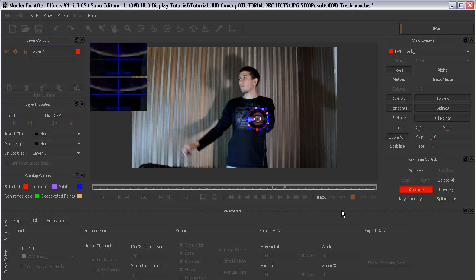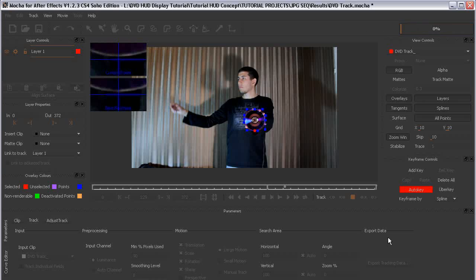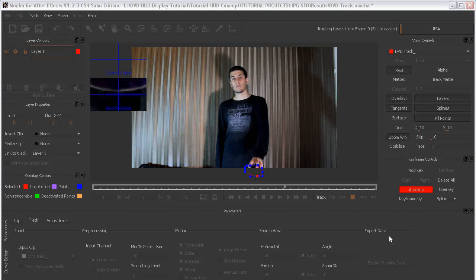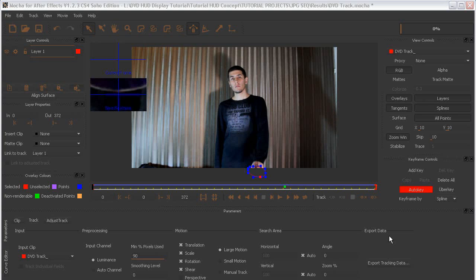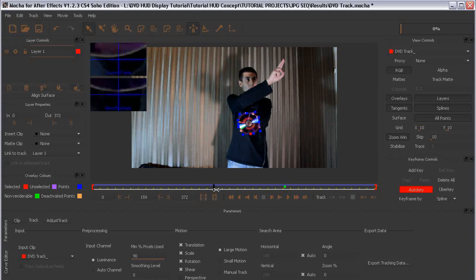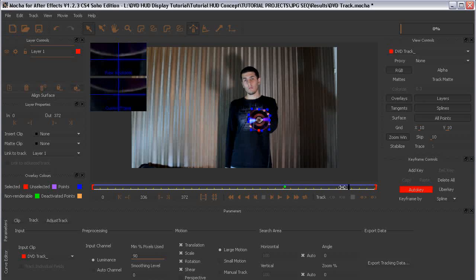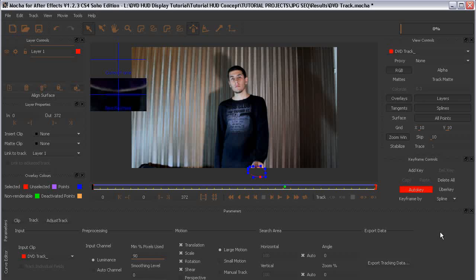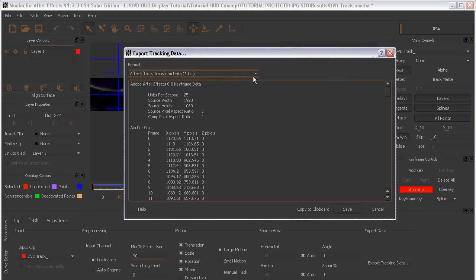So again, I'm going to pause the video because it will take some time to track this, and come back when it's done. Our track is almost done, as you can see. So yep, we are ready with the track. As you can see, it's a rock solid track, which is very important for this kind of effect we are going for. And let's click on export tracking data,